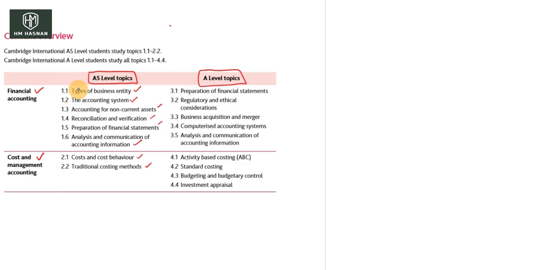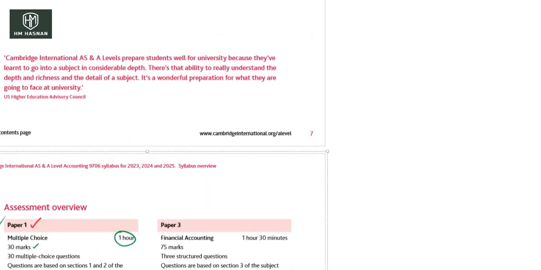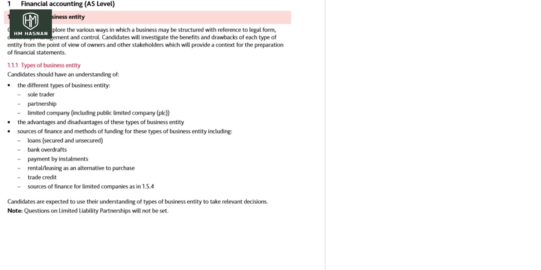Let's start. Types of business and business entity. There are 3 types of business entity that we will study in this subject at AS level. Number 1 is sole trader. Who is the sole trader? Can anyone tell? Who is the sole trader? Someone who owns the business by himself. If a single person handles the entire business,